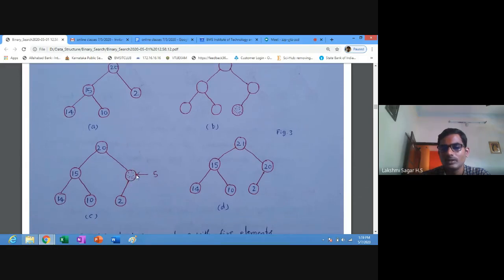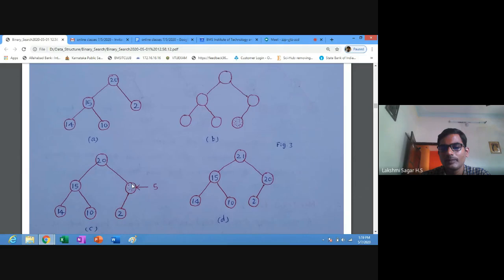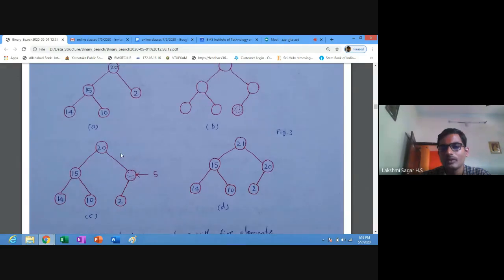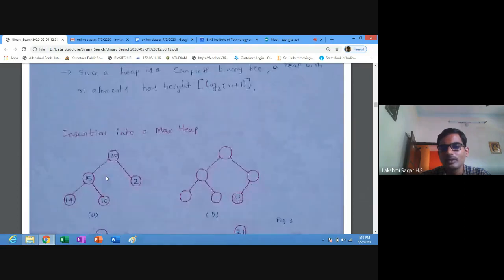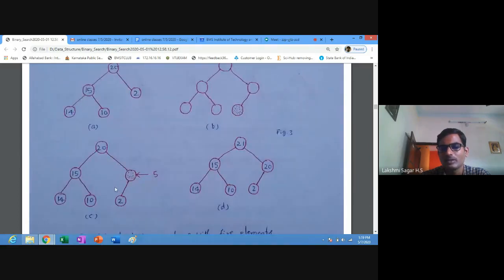You have to observe that 5 is greater than 2. So first the new node is inserted, and then 2 is put at the position of the left child of this new node, so that it becomes a max tree, arranged according to size.